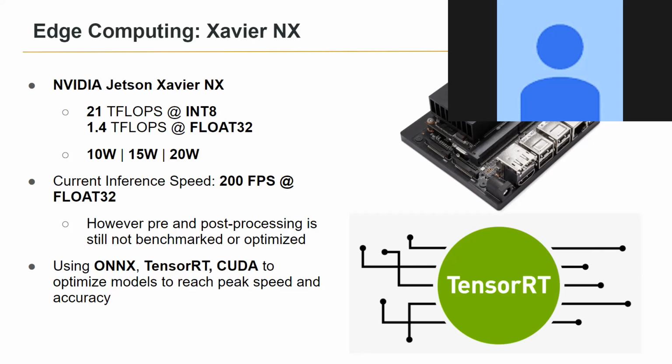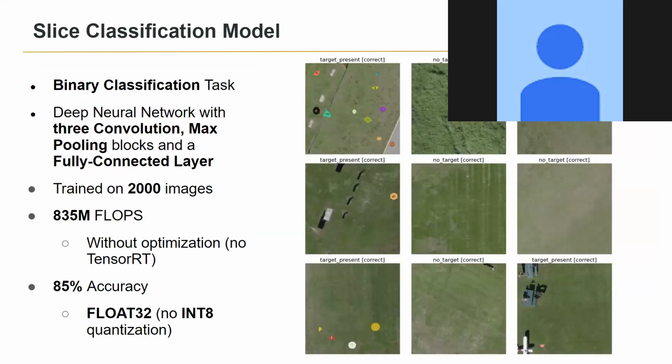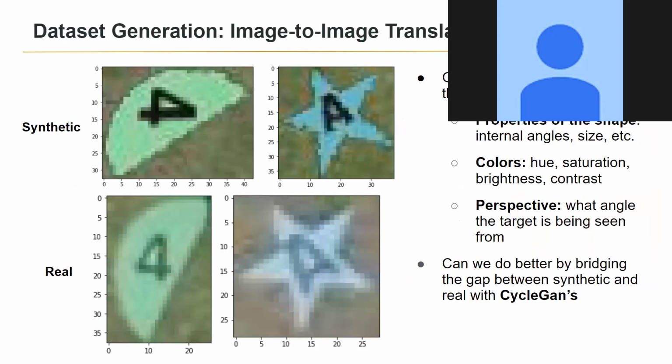Looking at your sample images, from the altitude that this drone is flying at, almost all of the objects are very, very small in the field of view. Right. And once you crop them, they are extremely low resolution. And that probably more than anything else is impacting your accuracy, your mean average precision, and all of the components in your pipeline. If you have the option of putting in an optical zoom lens on your camera,